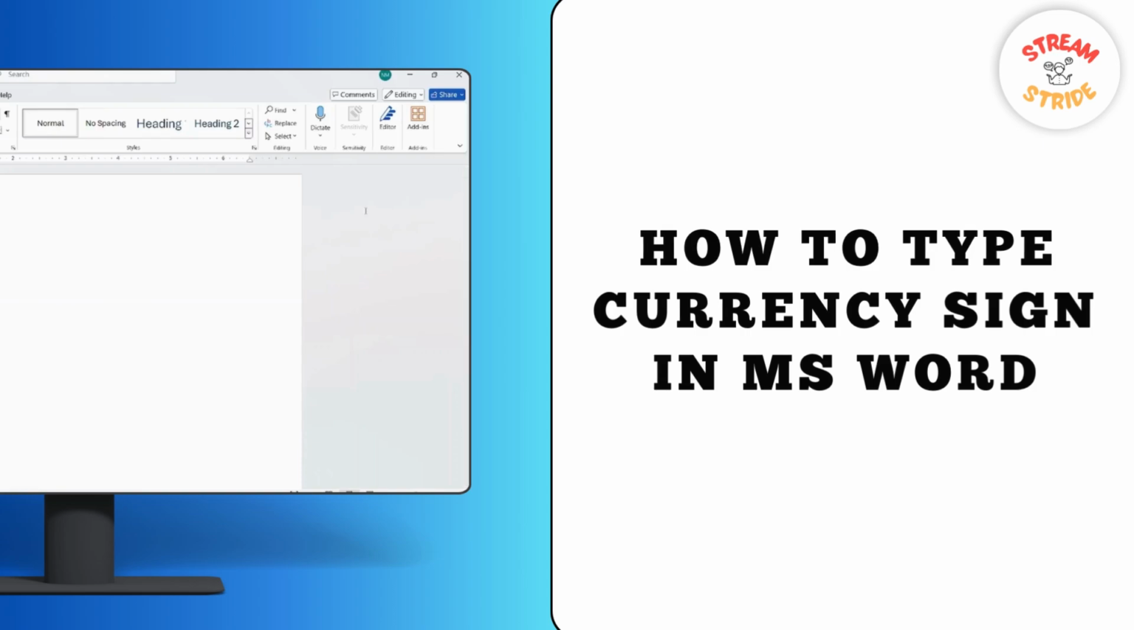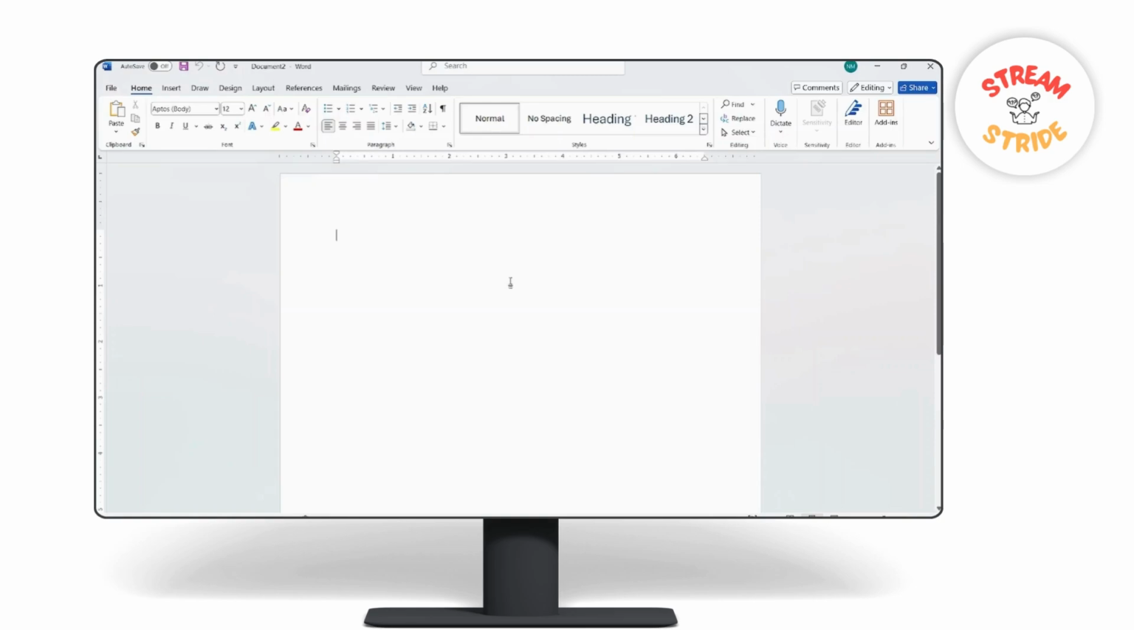Today in this video I'm going to show you how to type the currency sign in MS Word. So first open your Microsoft Word, and if you want to type a symbol or a sign that is not on your keyboard,